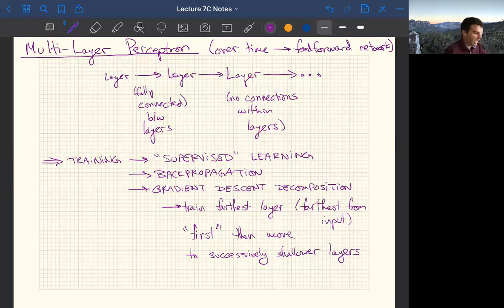So we started talking about how that worked, and I won't go through the whole derivation again, but basically where